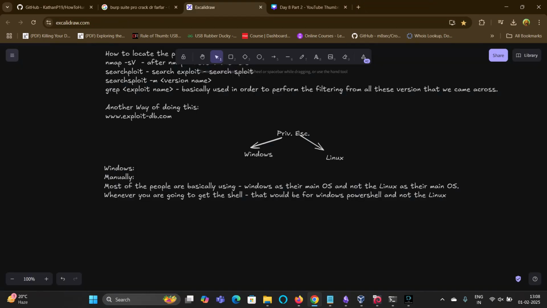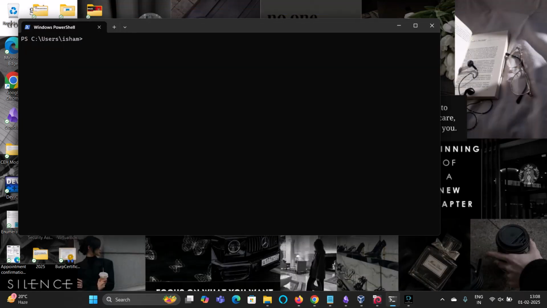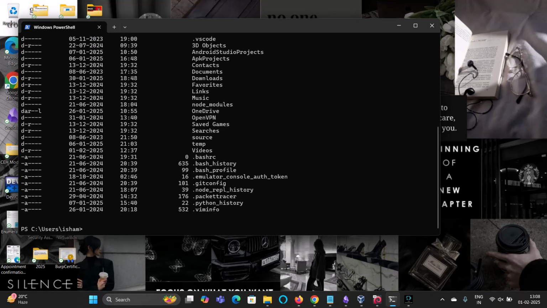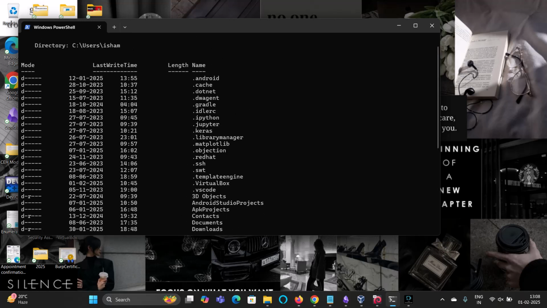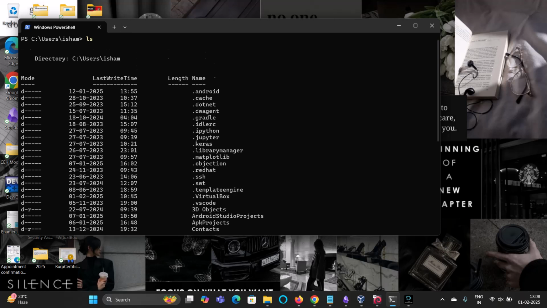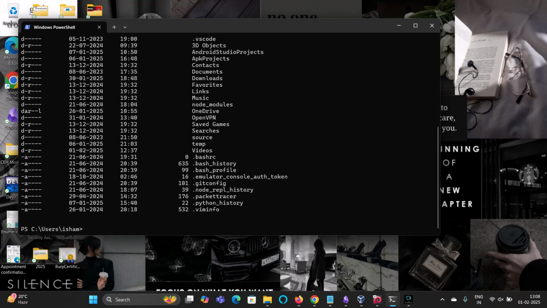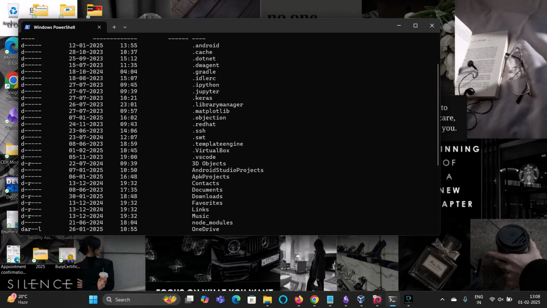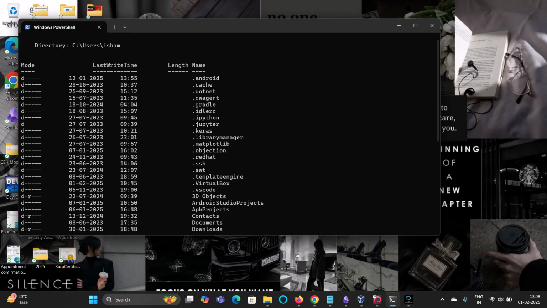After doing that, get back to your system. In my system, I do ls, and it shows me my bug bounty folder that I created for doing my things. First you do ls and you'll be able to see the listing of the directories.